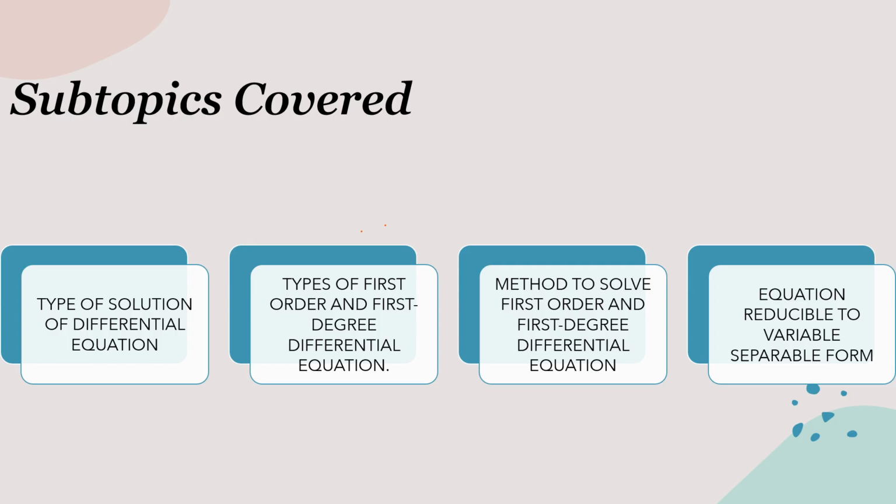Directly, if you look at the equation, it will not look like you can separate x and y separately for dx and dy respectively. So some modifications we have to do in this case, and what those modifications are, we are going to understand. First of all, a few questions based on the variable separable form, and then we will go further to study the equations which are reducible to variable separable form. So let's start with the first question.